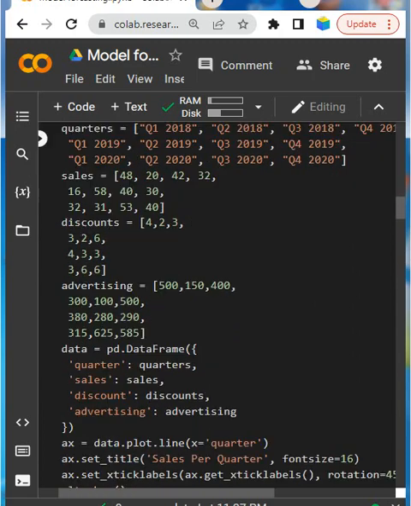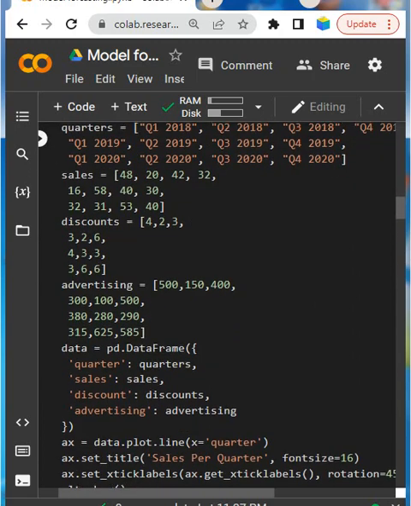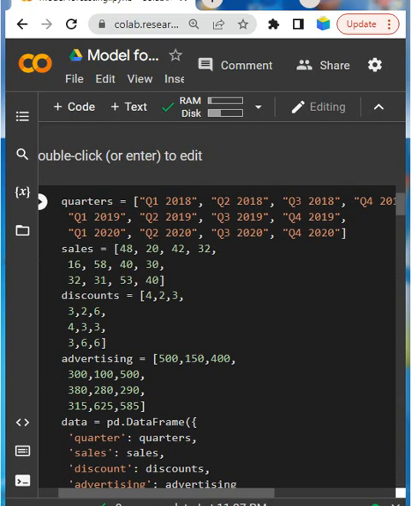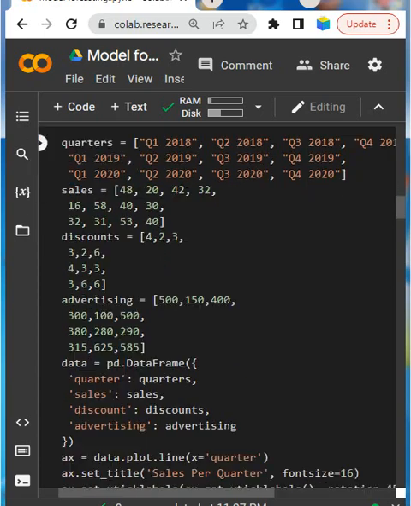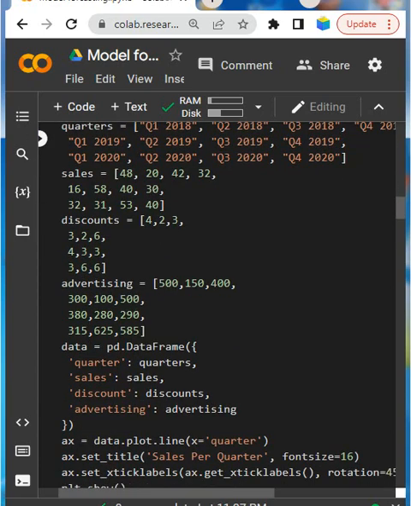Then we can create this. Now discount has been added and advertising has been added. Now I am going to create the data with pd.DataFrame, with quarters as previous, sales as already taken, discount as we have taken just now, and advertising as taken this time.